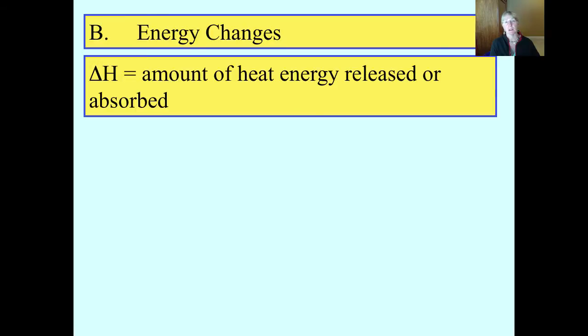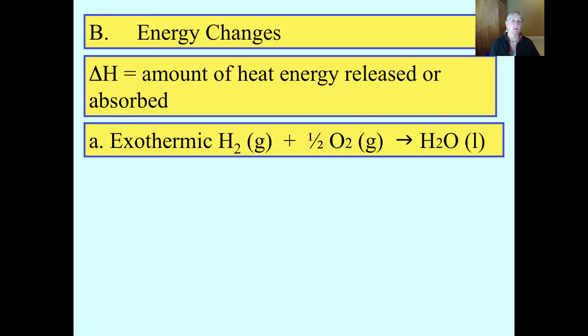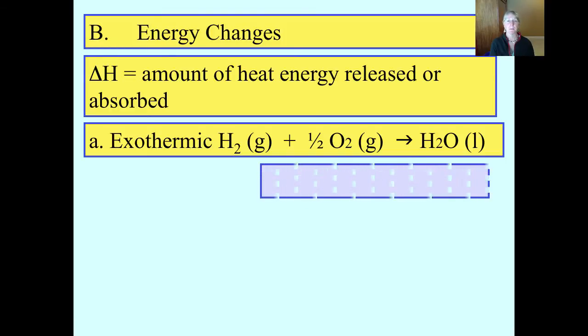So delta H stands for change in enthalpy, a fancy word for heat. And it's the amount of heat energy released or absorbed, in this particular case, in a chemical reaction. So as you saw on video, you can burn hydrogen in the presence of oxygen to make liquid water. And that process will release 286 kilojoules for every mole of hydrogen that you burn. Please notice that the number is a negative number, and a negative sign simply tells you which direction energy is flowing. In this case, from the system, the burning of the hydrogen, out into the surroundings, anything outside